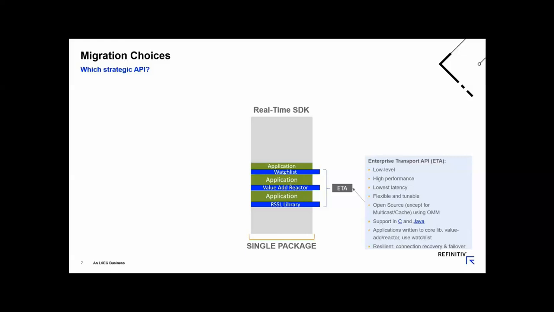Another layer that you could write your application to is the watchlist layer, and this is essentially providing you item aggregation, item recovery. And so if you're asking for the same item, let's say 5 times, one of those is a streaming connection, one of them is a snapshot, another one is a view, which is a pared down list of FIDs that you're interested in. All of that is aggregated over the wire for you, and the responses back from the providing end are fanned out to the various streams that are making those requests.